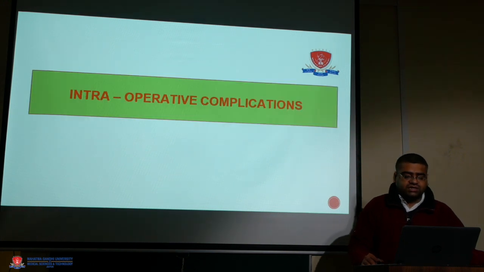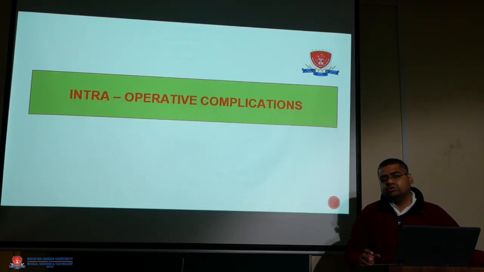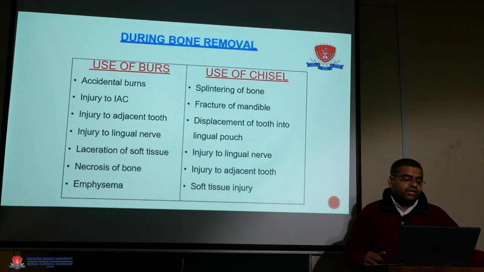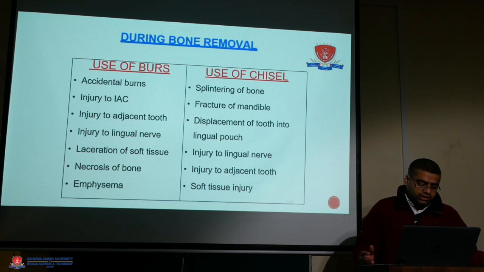And complications are intraoperative and post-operative. Intraoperative, during the incision: bleeding from the retromolar vessel, bleeding from the facial vessel, or damage to the lingual nerve. During bone removal, use of burr or use of chisel, there are two different: injury to IAC, fracture of mandible in chisel, splintering of bone in chisel, and displacement of tooth into the lingual pouch. It happens but less. Injury to the lingual nerve, injury to the adjacent tooth and soft tissue, and by burr,